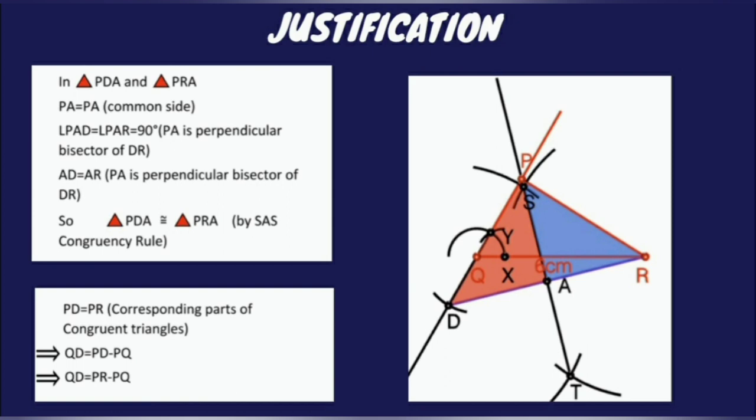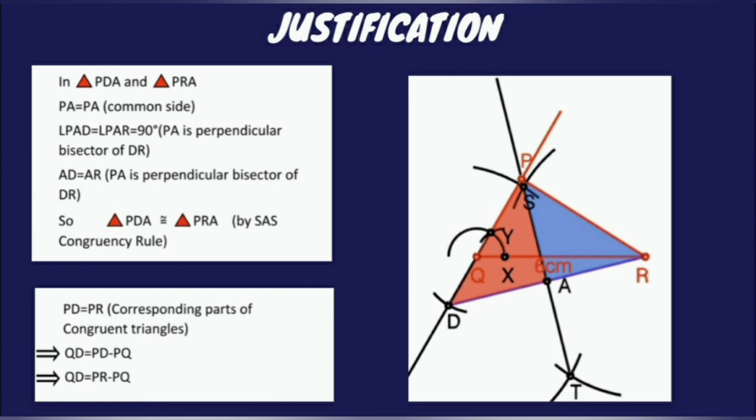As PA is equal to PA, the common side, angle PAD is equal to angle PAR, both of them are equal to 90 degree, as PA is the perpendicular bisector of DR. Also AD is equal to AR, for the same reason, as we know that PA is the perpendicular bisector of DR. So the triangles are congruent by SAS congruency rule, and if this is so, we can say PD is equal